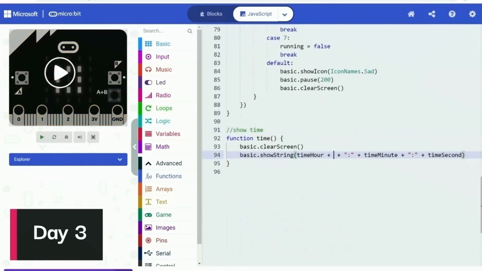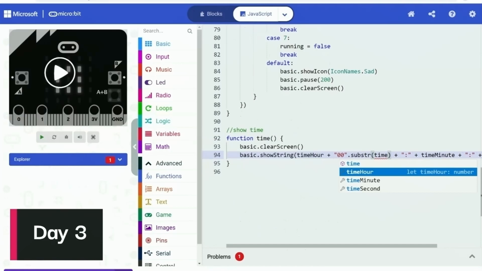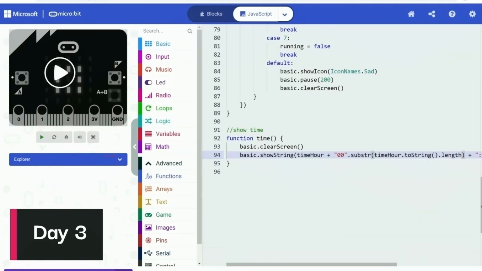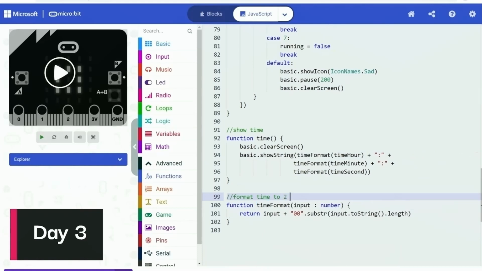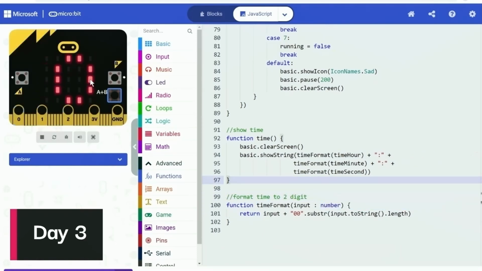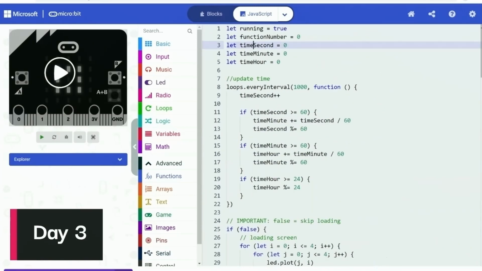Then I started to add some formatting to the time, so that the numbers will be forced into 2 digits long. I put the formatting into a small function that I could reuse, so it made it easier to format the hour, minute, and seconds. The formatting code had a bug which I didn't notice at that time, but it will be revealed later on in this video. Besides that, I also should add the way for the user to set or adjust the current time so it could work as an actual clock.